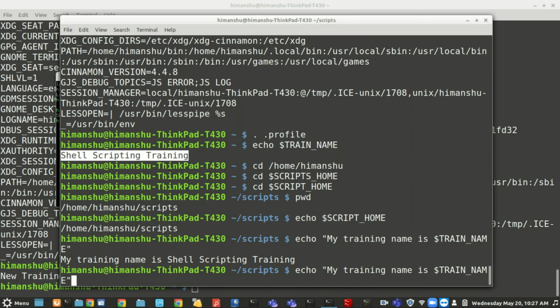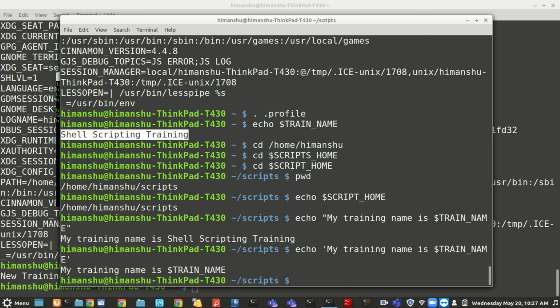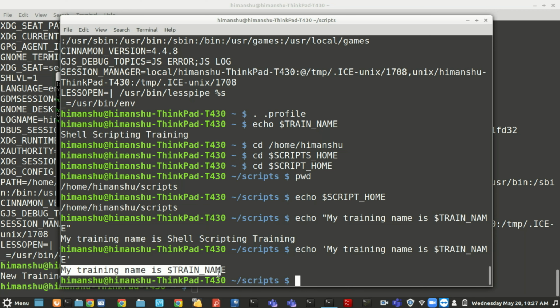Now the important point to note here is that I'm using double quotes. Let's say if I use single quotes, see what happens. It is giving me the same thing as it is. So it is very important, whenever you are printing some variable, always make sure you are using double quotes there.